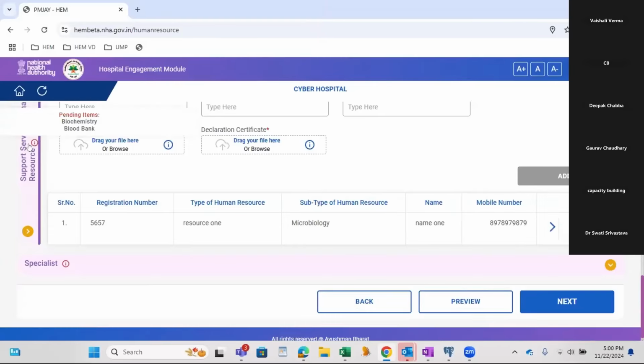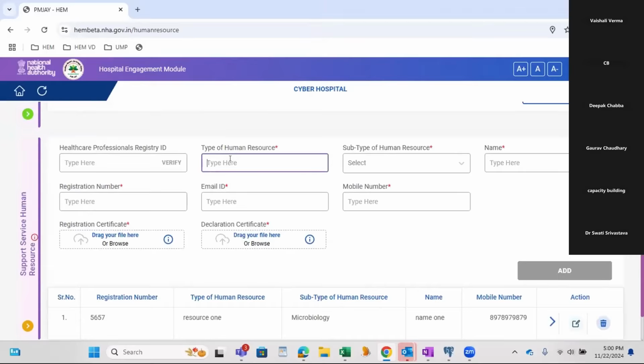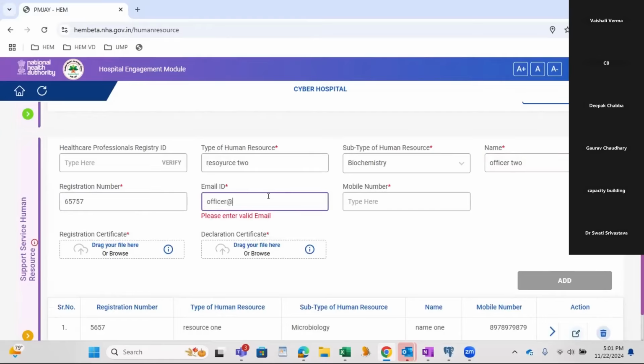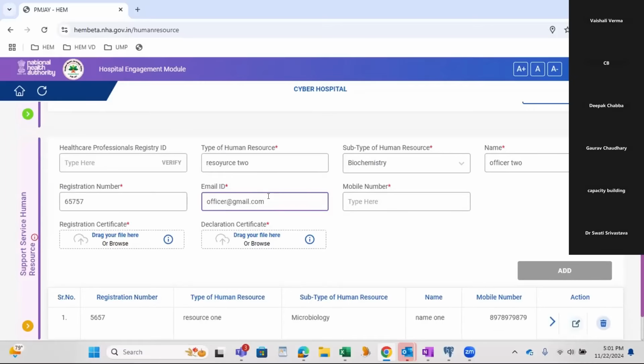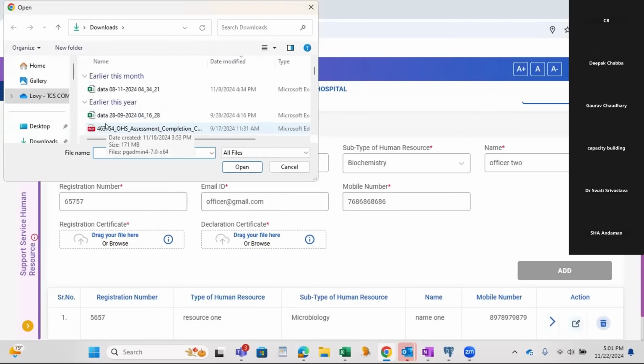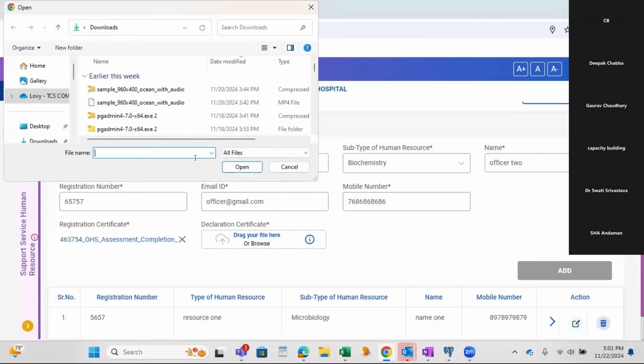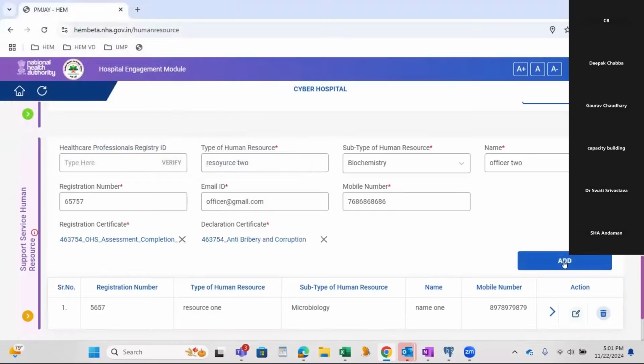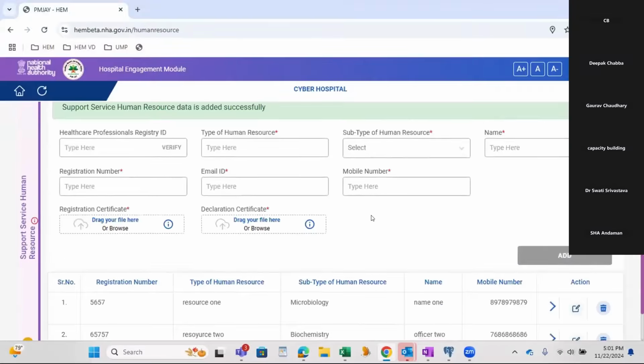Now we have to add biochemistry and blood bank. So I'm making an entry for biochemistry, and click on save. The second entry is also done.